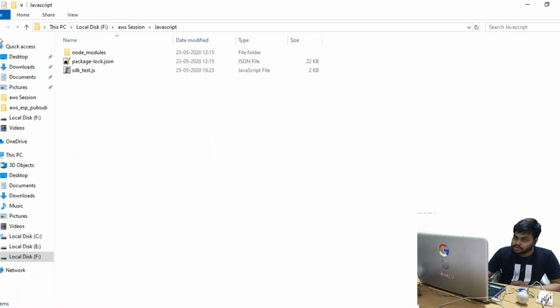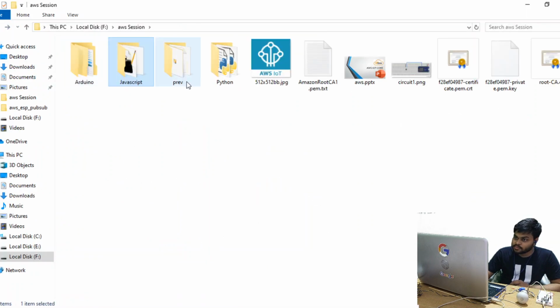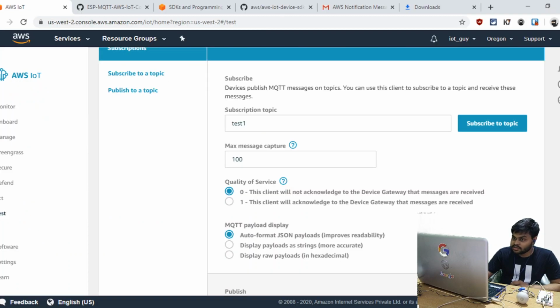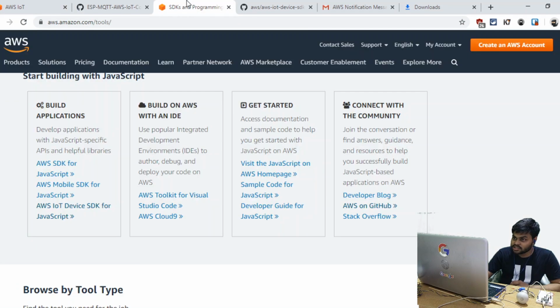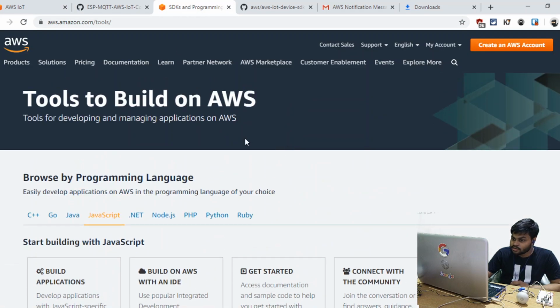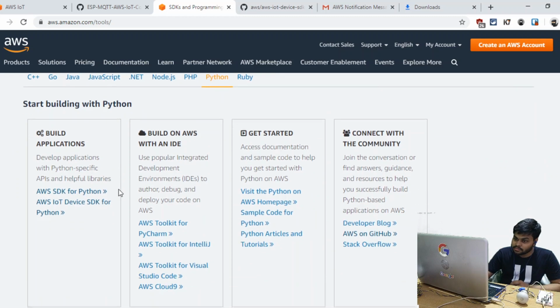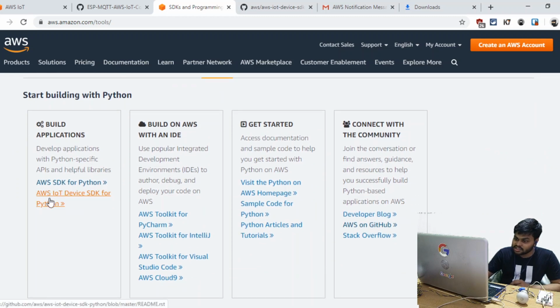we will do the same for Python, okay. So we have AWS Python SDK underscore test.py, okay, and PAHO test, okay. So we have used two libraries. If I click on this one, SDK programming in Python, we have AWS IoT device SDK for Python. If we click on this one,